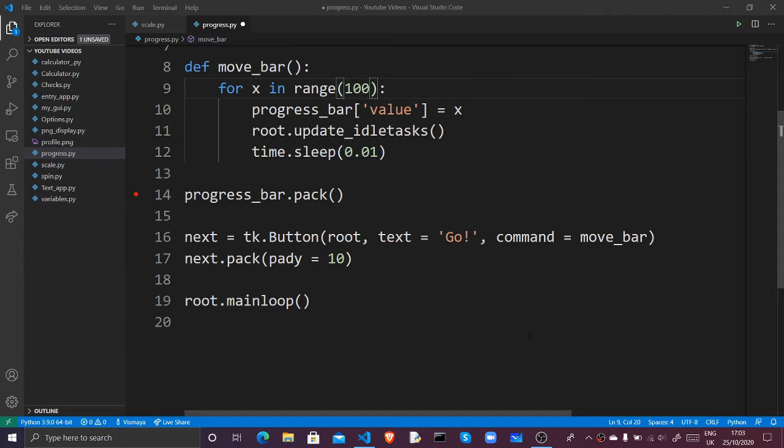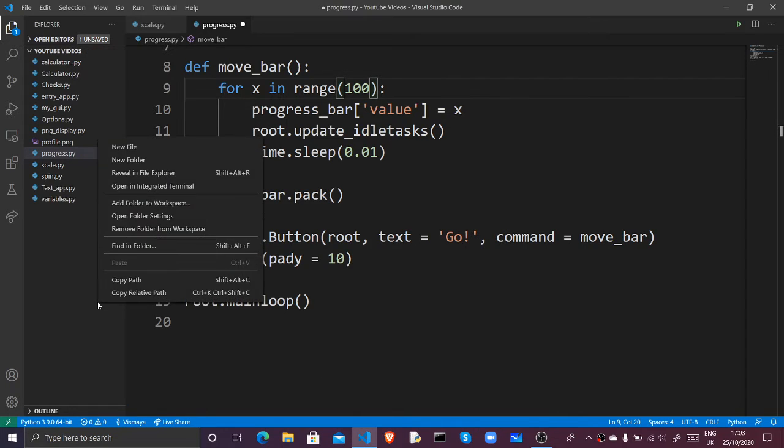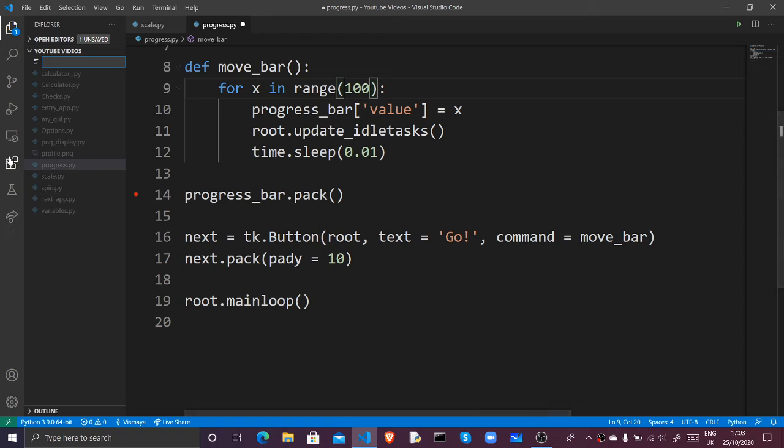Okay, now for the tkinter methods of packing, placing, and grids. These are the methods that you place your widgets inside a window. So let's create a new file, pack, place, grid,